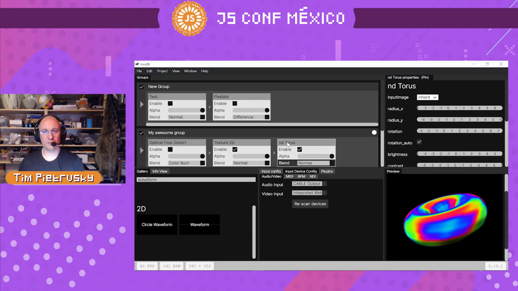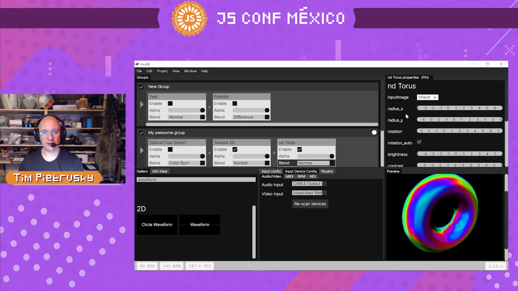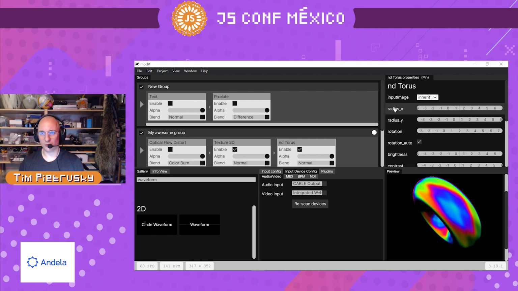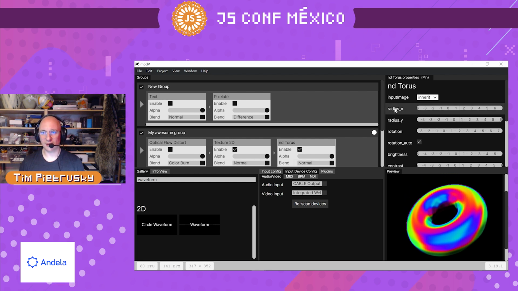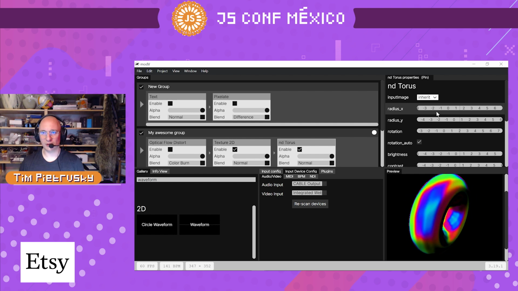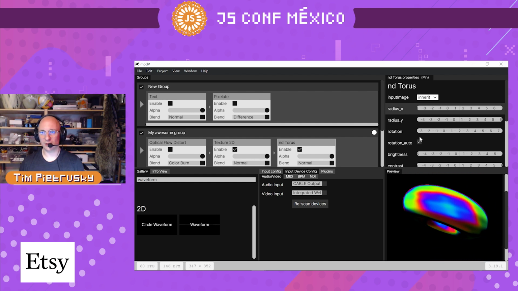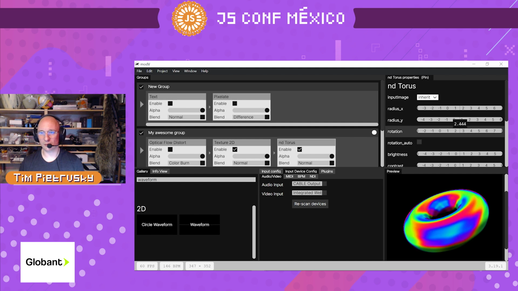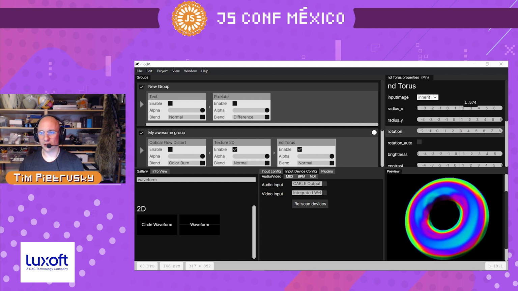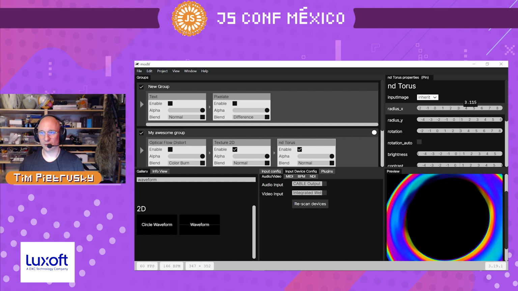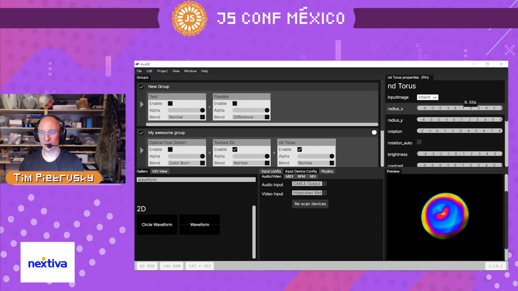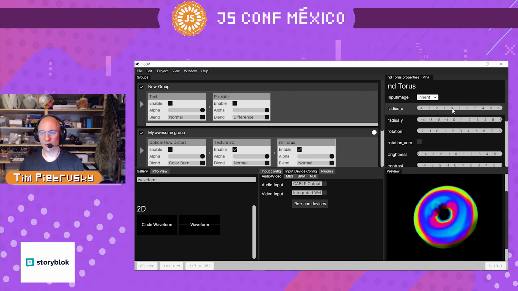So yeah, the module is activated and the module inspector is open. I click with the left mouse on the radius X here, and you can see, if I'm changing this, maybe disabling the rotation, that we are changing the radius of the torus, making it smaller or bigger. And this is something that I would like to make audio directive now. So clicking on this,